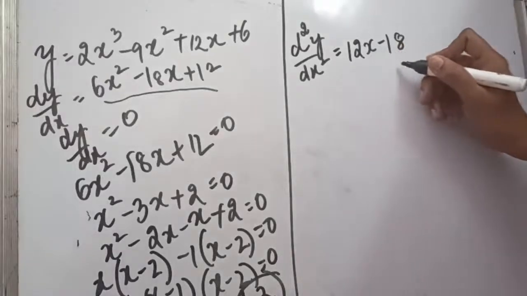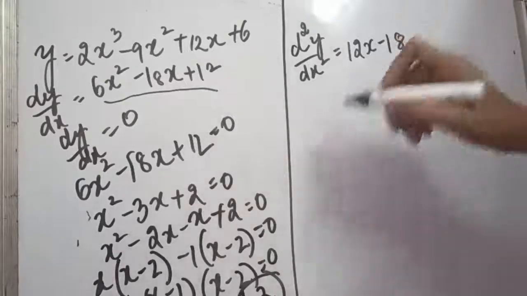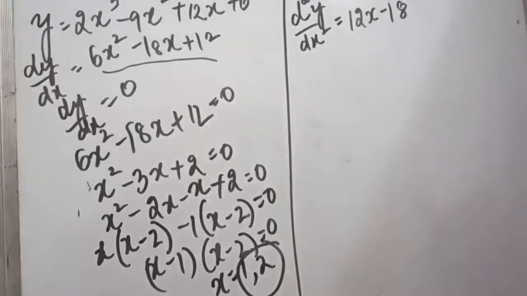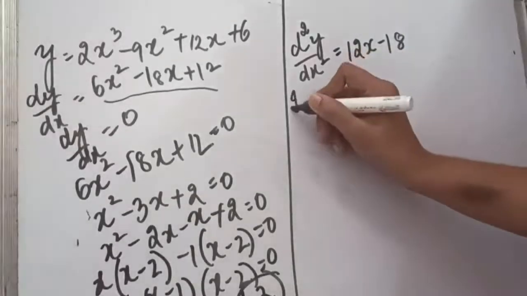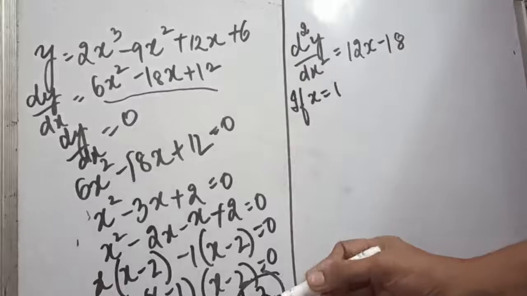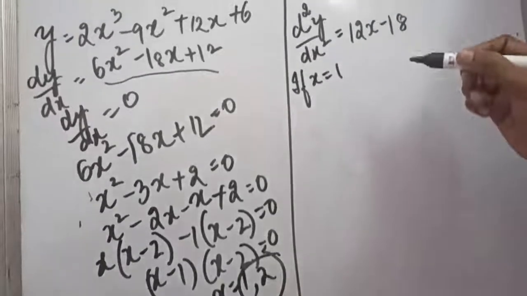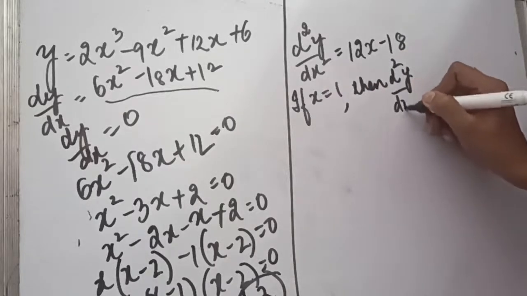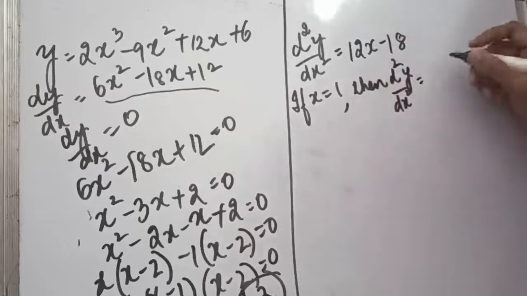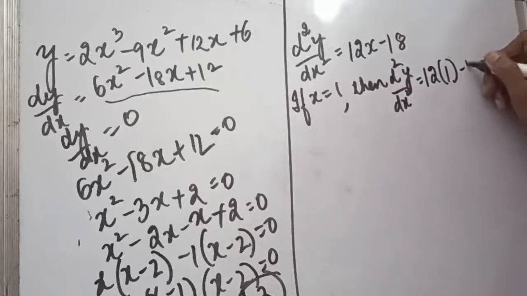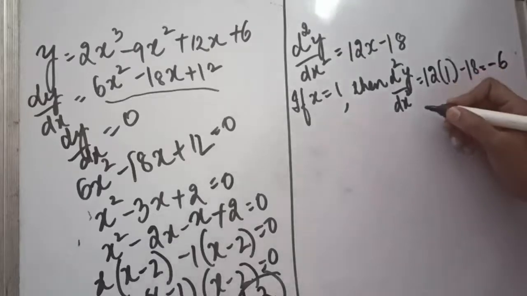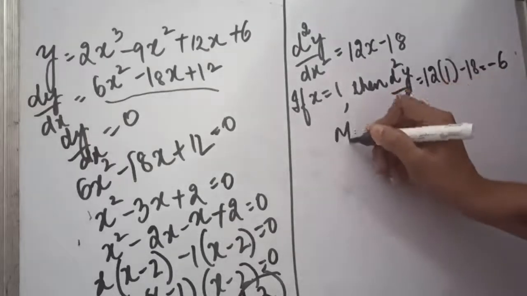Now after taking the re-derivative, we will have to fill in the values that we just calculated, that is x = 1 and 2, into this re-derivative to find out the maxima and minima. So we will start with the first value. If x equals 1, what will be the value of the re-derivative, d²y/dx²? We fill this x value 1 into this. It will come out to be −6. Now if this value comes out negative, it is the maxima value. So we will say that it will be a maxima value.